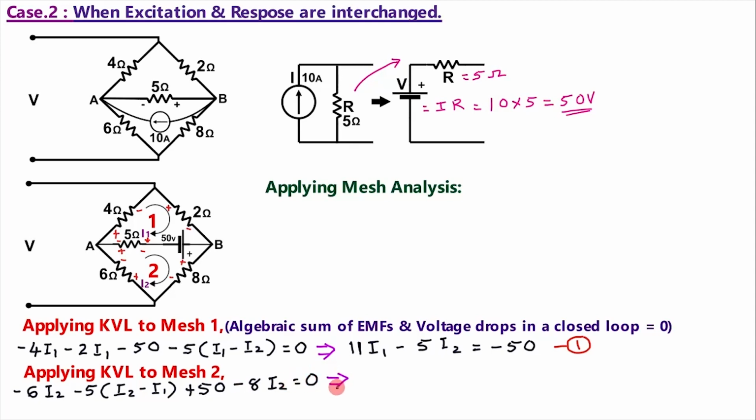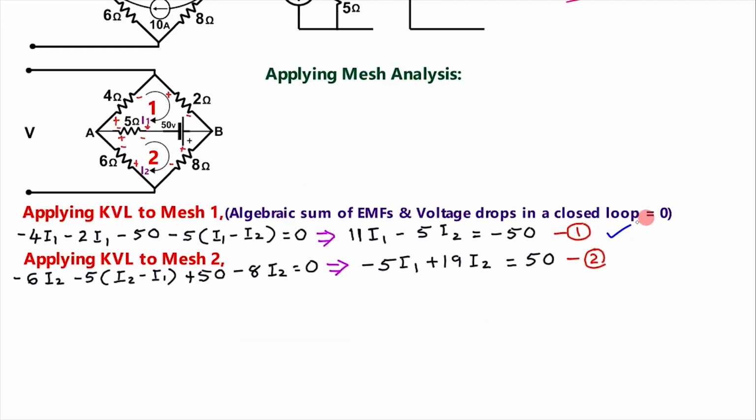Simplifying this equation, we will get minus 5 I1 plus 19 I2 is equal to 50. This is equation number 2. Solving equations 1 and 2, we will get I1 is equal to minus 3.8 ampere and I2 is equal to 1.63 ampere. From this figure, V plus 4 into I1, plus is because it is rise in potential, then here